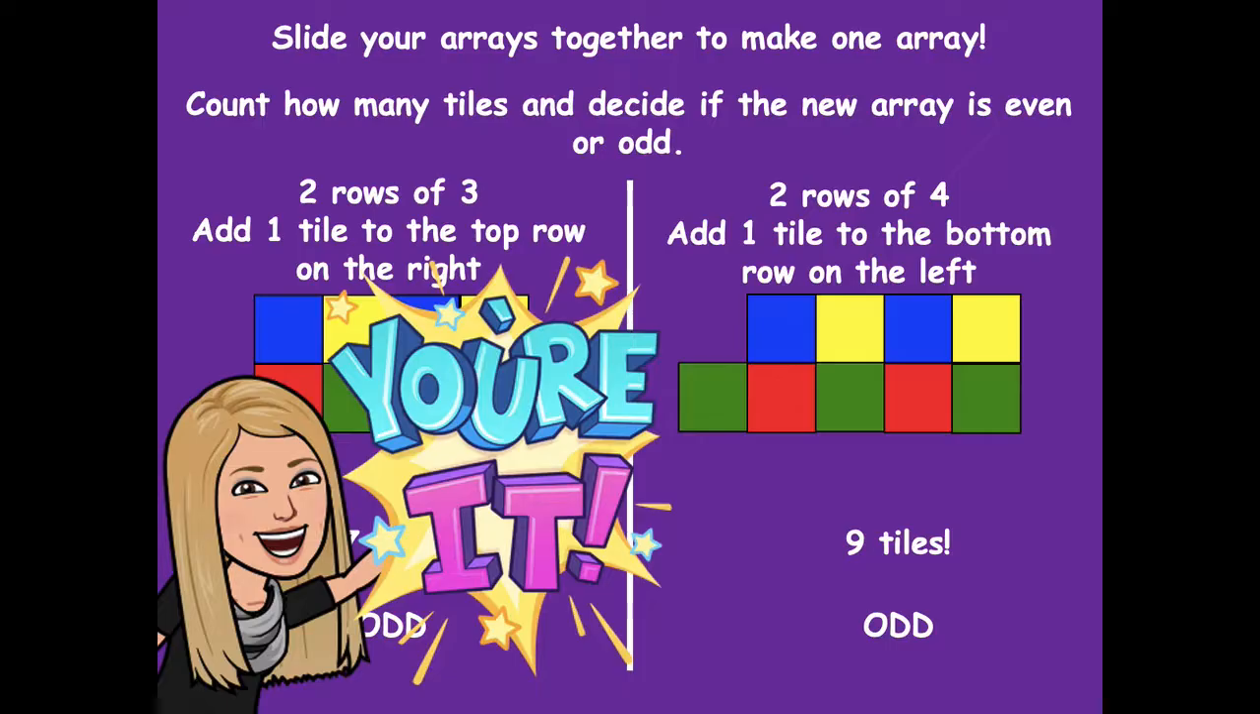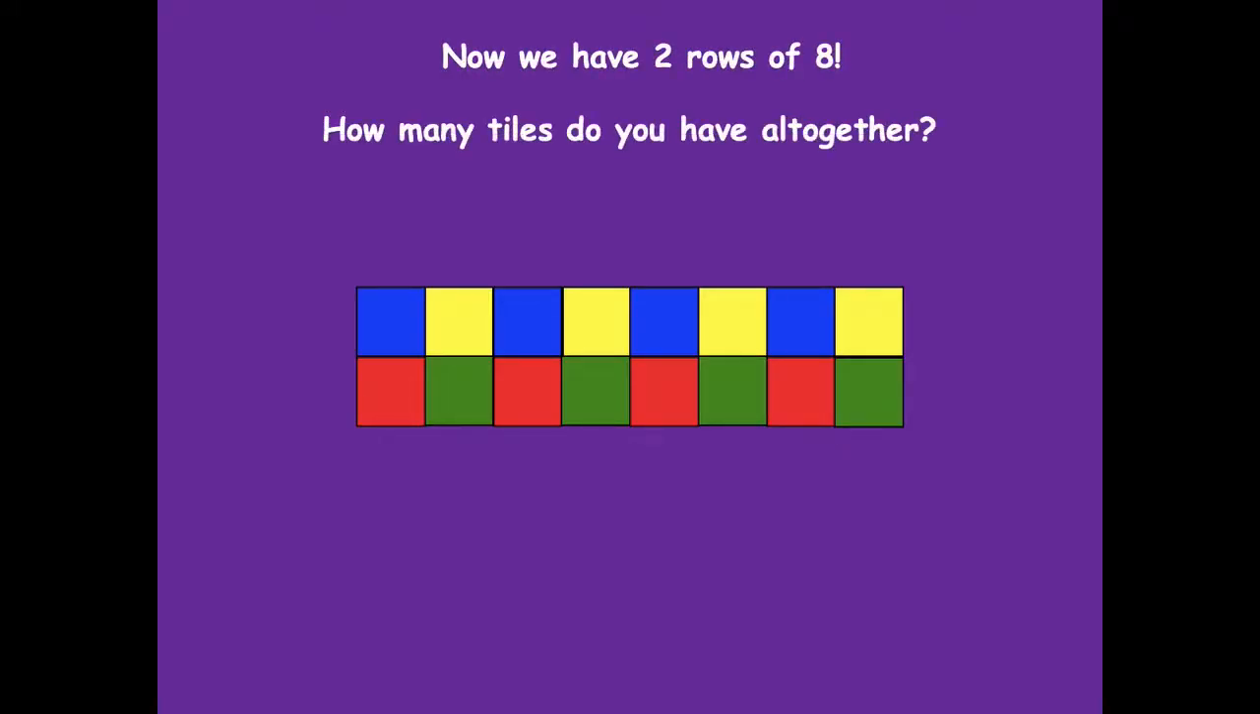All right, friends, pause if you need more time. All right, so here's my new array. Notice how they slid together very nicely, didn't they, when I arranged them that certain way? So now we have 2 rows of 8. How many tiles do you have altogether? Yeah, 16 tiles. Is that even or odd? It's even, right? They all have a partner, and a 6 is in the ones place, and that's an even